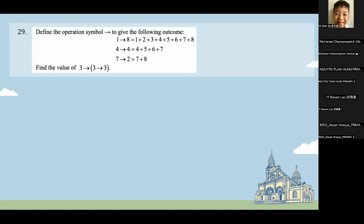So number 29. Let's just move further here because this one's quite easy, right? You know already that if you start here, we could move farther like 3, right? So now, to get the one in the parentheses first, we could have 3 plus 4 plus 5, which is basically equal to 12, right? Is it 12? So now it should look like 3, 12, right? And if we do that, we'll have to get 3 plus 4 plus 5 plus 6, just like that,